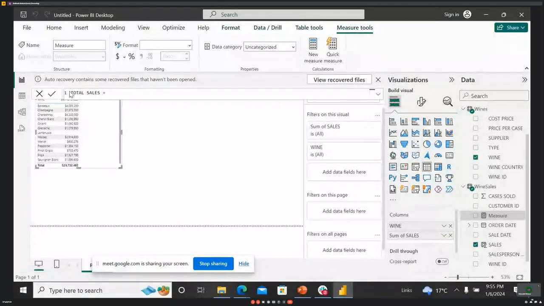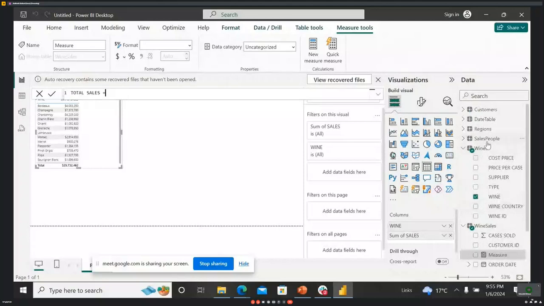One thing I forgot to mention, which is very basic: whenever you're referencing your table names, you will never see me using any single quotes for now, because my tables have all alphabets. For instance, you have wines, there's no space in between. For example, date table, regions. If the name of our table has a space, or it has, let's say,